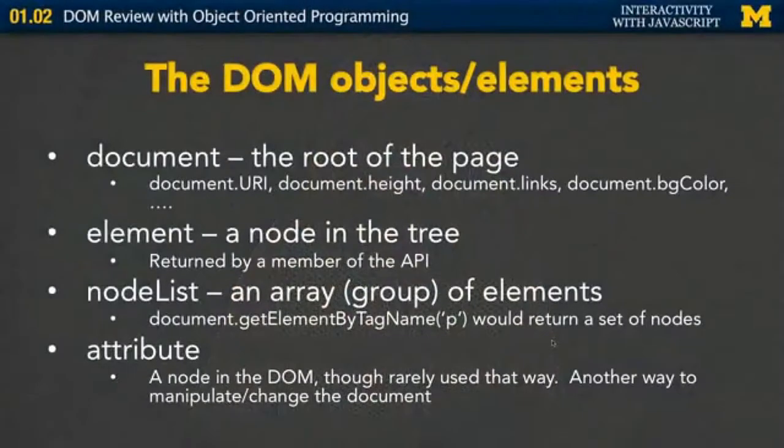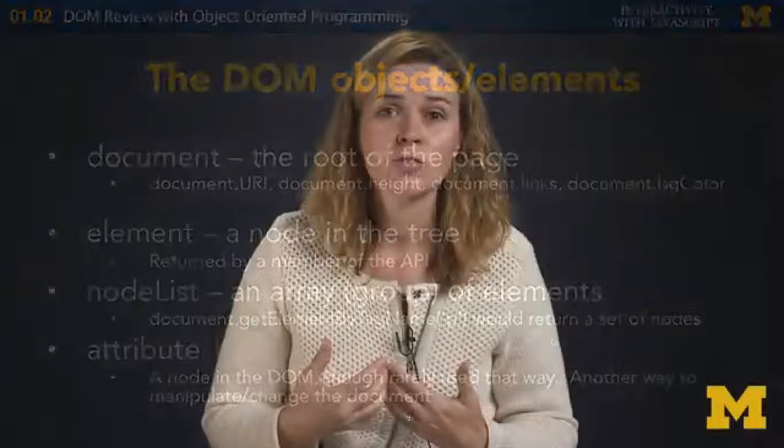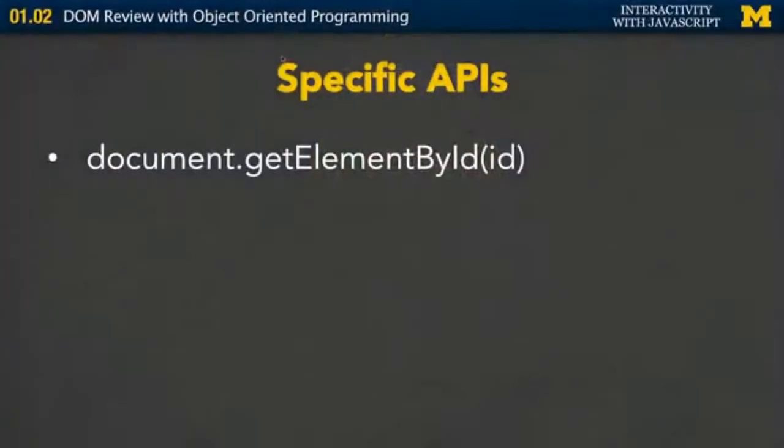Finally, the important thing I need you to remember is that in the DOM there are attributes. So you have your elements, and every element probably has one or more attributes that go with it. So for an image element, it would have a source, it would have alt text, it would have width and a style, different things like that. So attributes are the kind of cool things that we want you to be able to change to make your page look different. Okay, so if you understand that the page is made up of documents and elements and attributes,